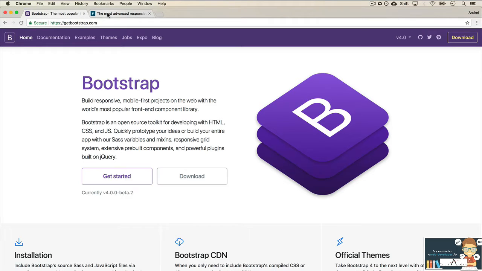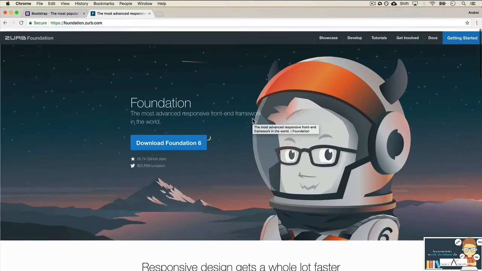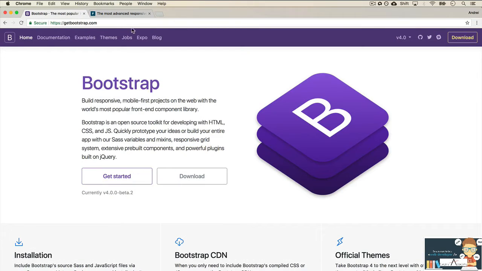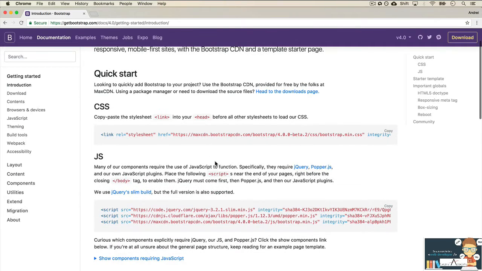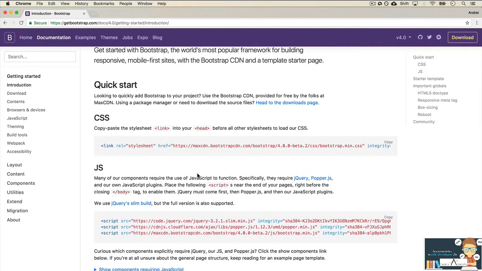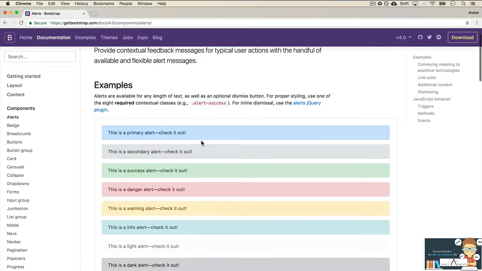There's also another project called Foundation that does the same thing, and they have their own styles. But again, Bootstrap is the more popular of the two, so we'll focus on that. If we click on Get Started here, it'll have a quick setup instruction, and in the next video, we'll actually build something with Bootstrap. But I wanted to show you, if you go down to Components, what the big sell